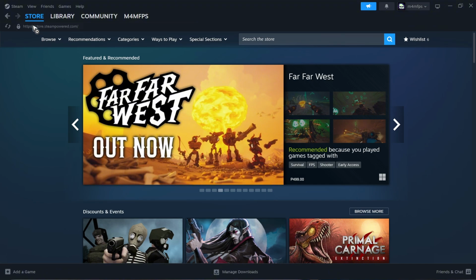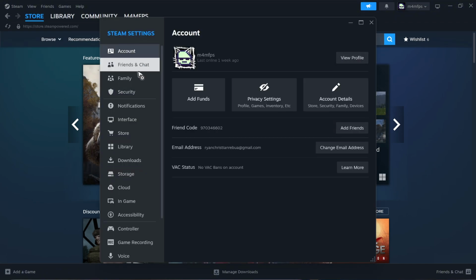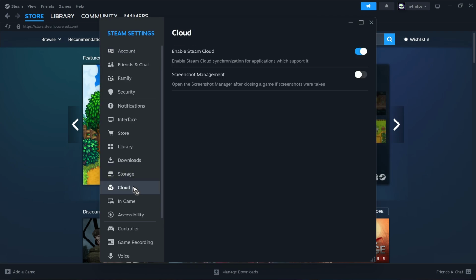Now, first up, go to Steam right here at the top left. Click on settings, and then we are going to find cloud. As you can see here, we have the enable Steam Cloud option. If your game supports it, it says enable or disable Steam Cloud synchronization for applications which support it. So if your specific games can save a file locally, you can just go ahead